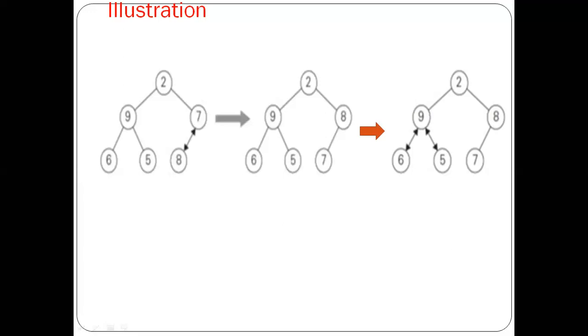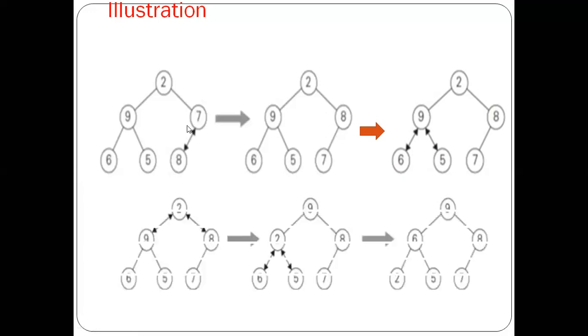So the next parent we will be checking is 2. 2 has a lesser value compared to its children. So we should exchange the value. You should find out which is the largest one. The largest one is 9. So 9 and 2 will be updated. Again, 2 is making a problem for its children, that is 5 and 6. So again, finding which is the largest one. 6 is the largest one. So 2 is exchanged with 6.